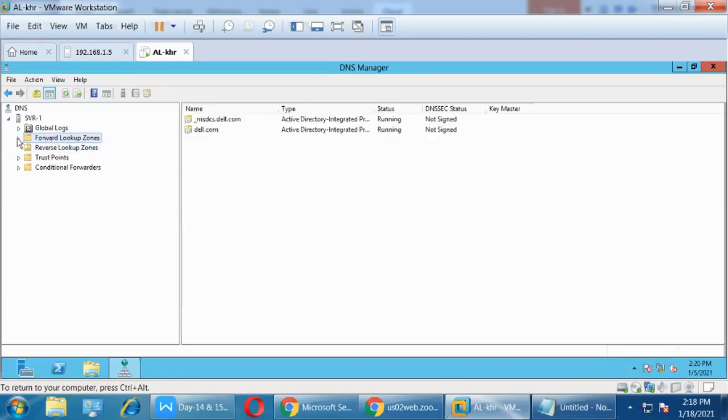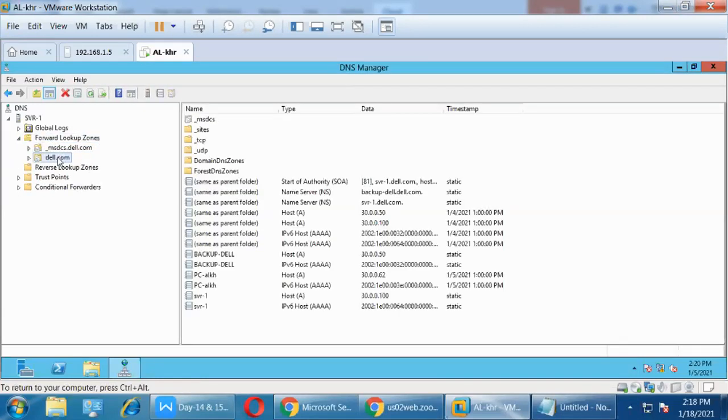Forward lookup zone already exists because I installed it. I remember that during the installation of Active Directory, if Active Directory doesn't find the DNS, it installs it automatically. Remember that time you got a message: you don't have the DNS zone.